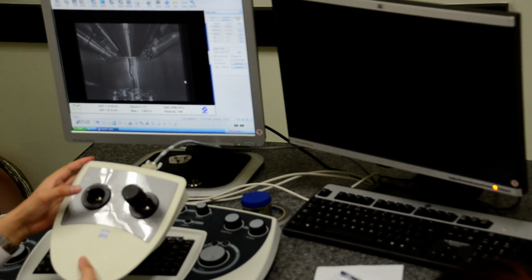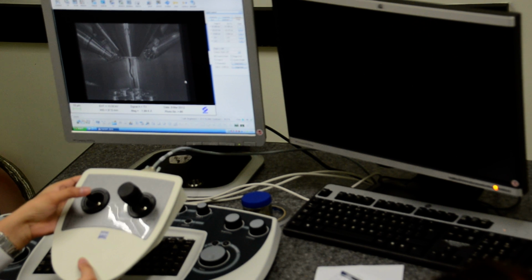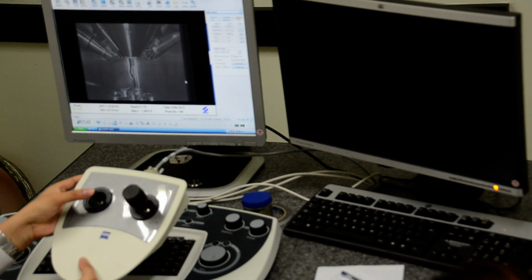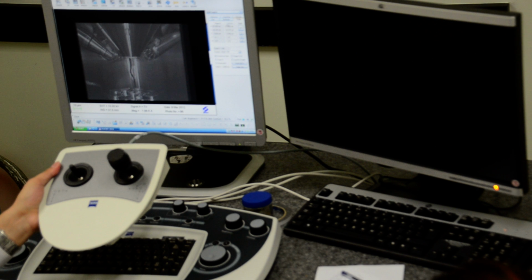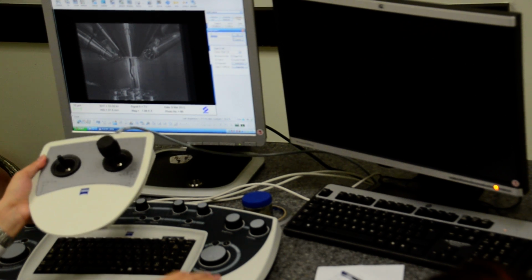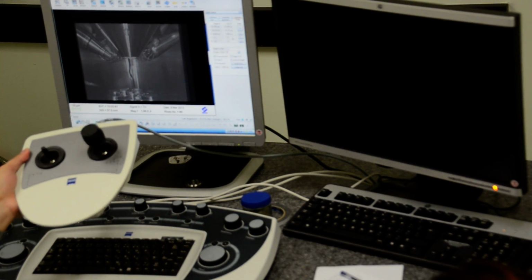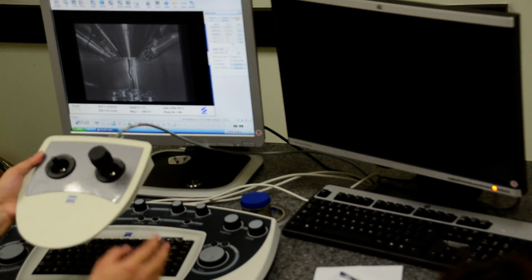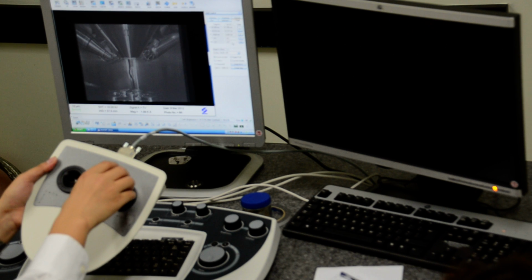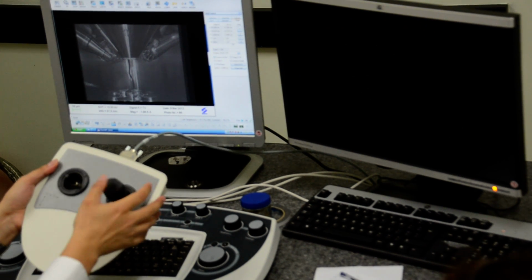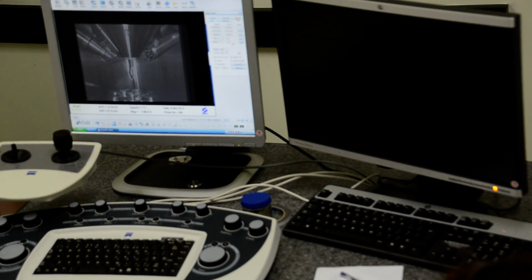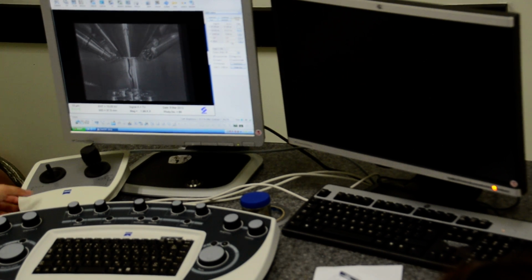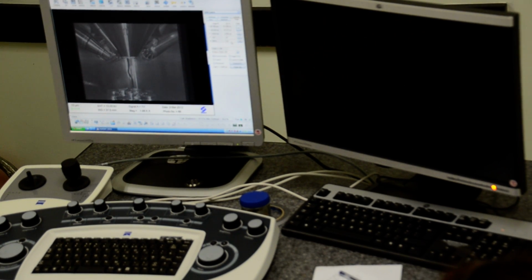Just push upward, and it allows you to do some tweaking, and you can type the value over here. This is called the stage. Then you can do rotating, and move X and Y. And of course you can also use the software to move the stage. Just type